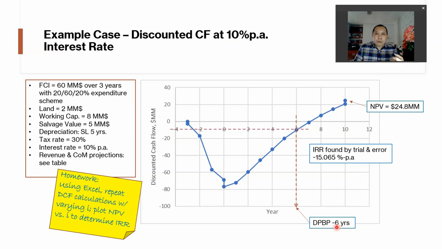So of course, when we apply interest rate to cash flow, it will prolong the payback period. It will also decrease the NPV, the cash criterion. Previously, the cumulative cash position was $105 million. Now the NPV is $24.8 million. And for the interest rate criterion, which is represented by IRR, internal rate of return, we can find this by trial and error or by using the solver facility in Excel to be